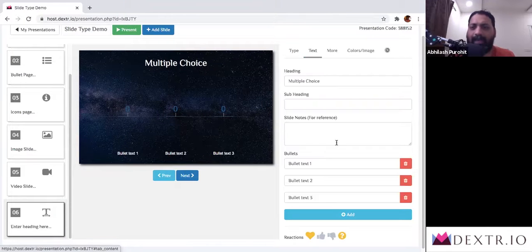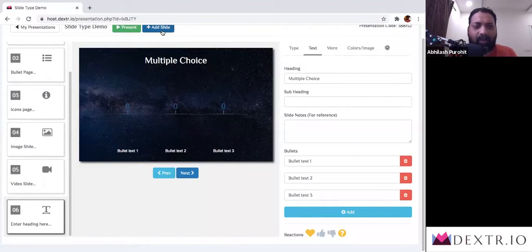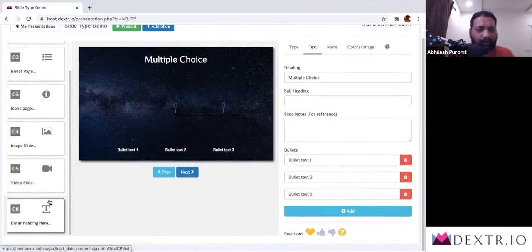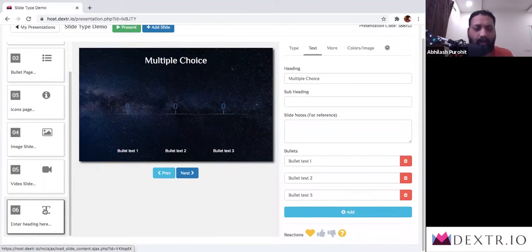Okay, I go back here, I see this, and you're now beginning to see how there is bullet text 1, 2, 3, and there seems to be the beginning of something. Once we demonstrate this entire application, you are going to see how voting and responses happen on this platform. I have an option where I can click add slide, right? However, I want you to pay attention to the bottom left corner of your screen right now, because I'm going to demonstrate one other feature that you can do from here.